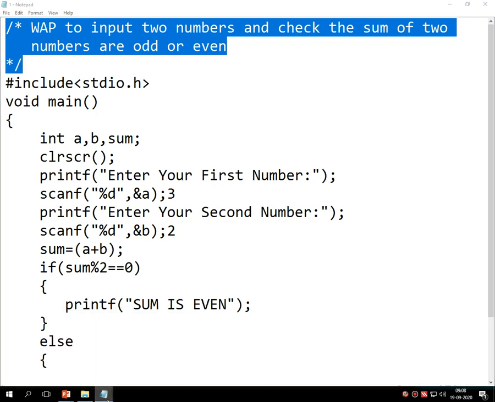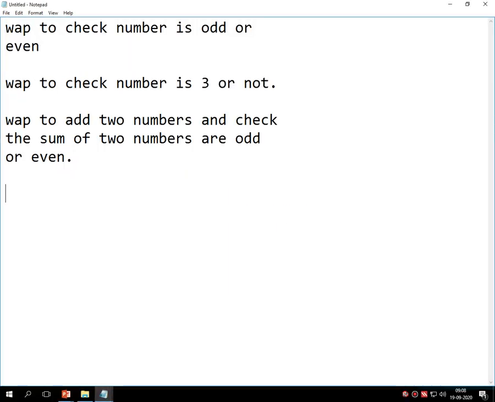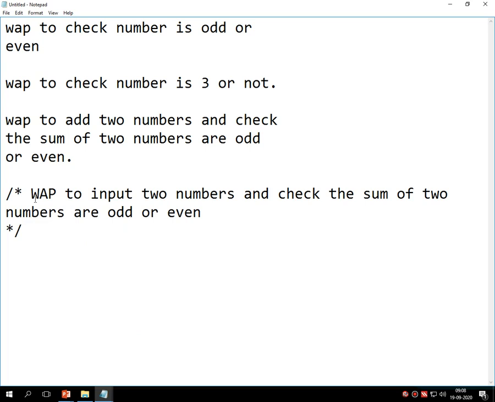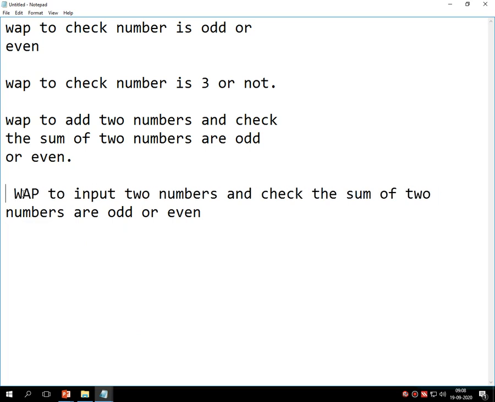Let me put it into the same notepad and remove this symbol. So kindly note down the definitions of these 4 programs that you have to make on your computers or mobile phone, and then after the successful execution of all this code you have to note it down in your journals.